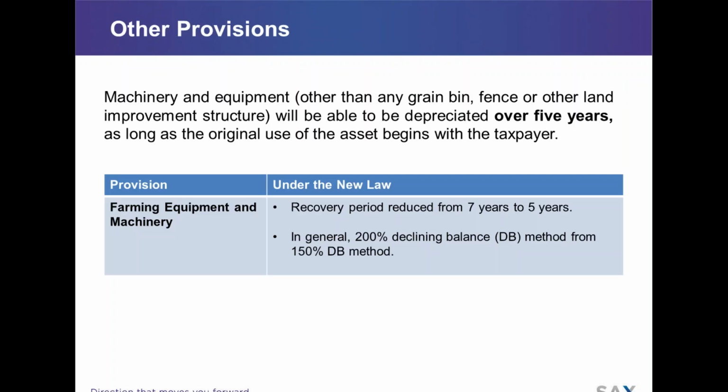I want to just cover, since we're covering changes under the tax law, didn't want to leave any of the farmers that might be out there in the audience left out. They actually reduced the recovery period for the farming equipment from 7 years to 5 years, and now it's eligible for the 200% declining balance versus the 150%. So it speeds up depreciation for all the farmers out there. Now Vaughn's going to cover some of the changes to the qualified improvement property that have been made.